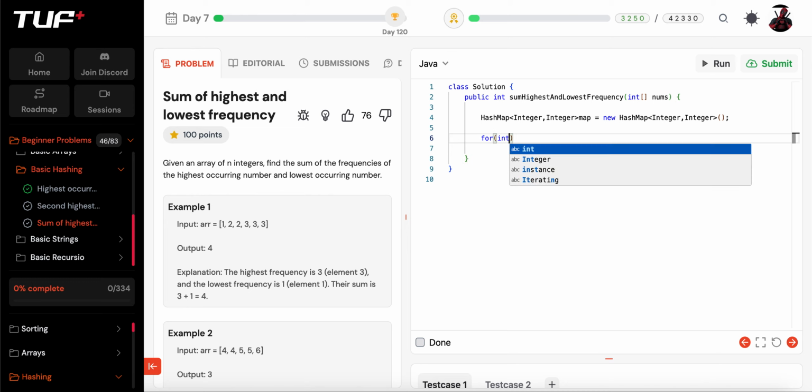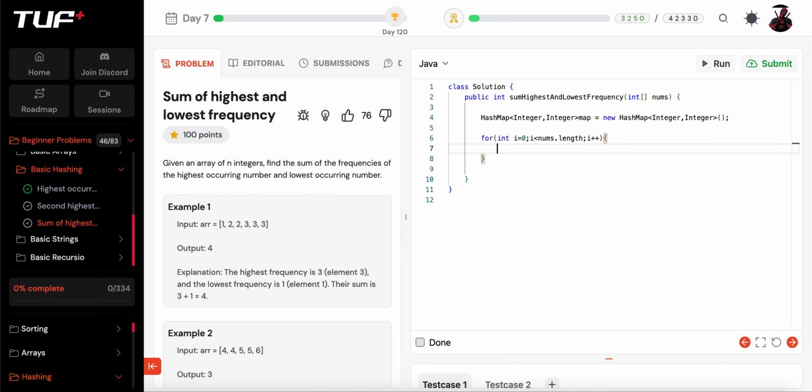So for int i equals 0, i less than nums dot length, i plus plus, for each element, I'll check if the map dot contains key nums of i,